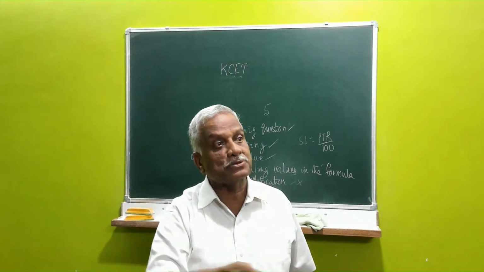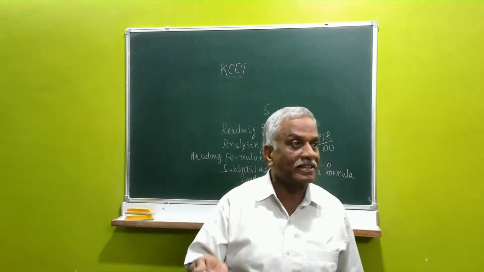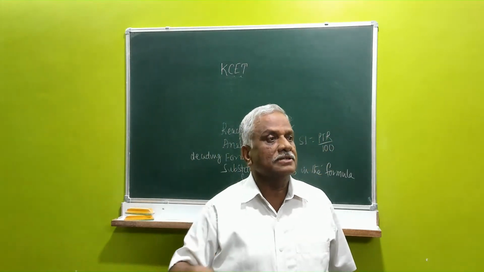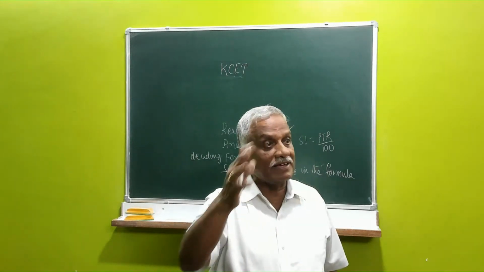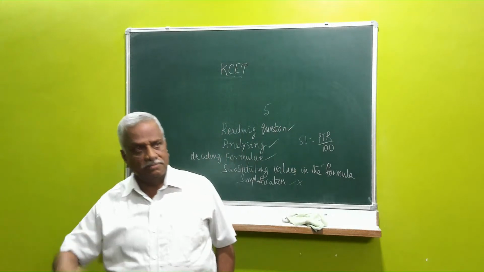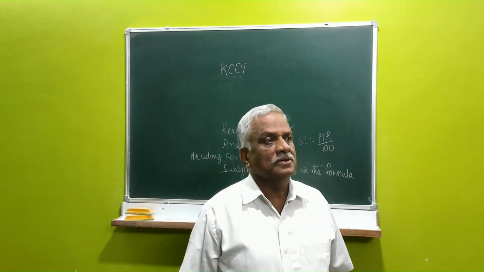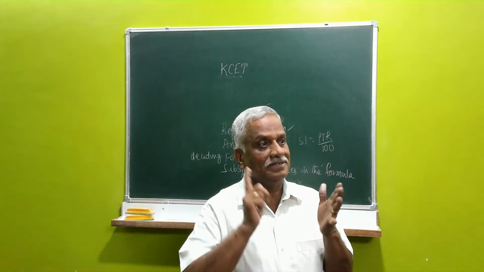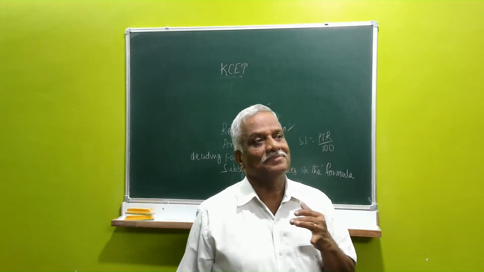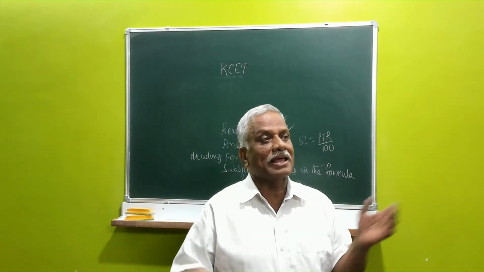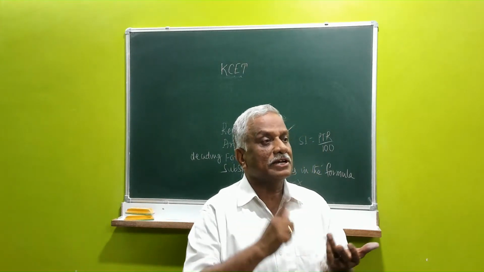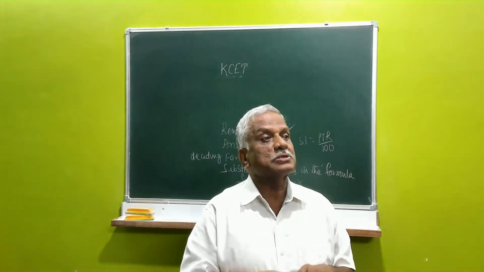One reason is you don't have any place to write. All the students are aware that you are not given an additional sheet in the CET examination. You have got to work out in the question paper, in the corners wherever there is space, and maybe sometimes they give one and a half sheets at the end of the paper. So you have to practice keeping the formula in mind and try to write in brief. Don't think of the public examination, where we can expand. You have to be brief, that you should practice. Then only you can score marks in the CET exam.